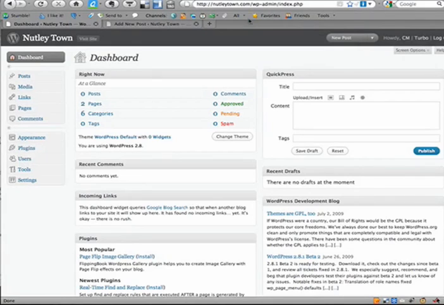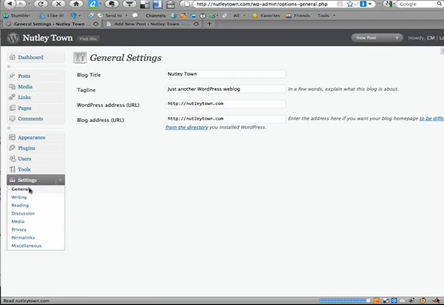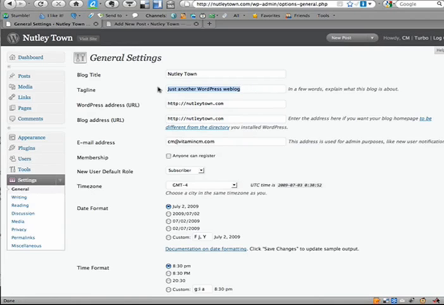So after you add your categories and your pages, there's a bunch of other settings that you can configure depending on your personal needs. I'm going to go take a look at these under the settings section. If I click general, this is where you set up your blog title. I already put that in when I installed. By default, it always puts your tagline as just another WordPress weblog. So I'm going to write a tagline for my site, and you can put the WordPress address or URL,